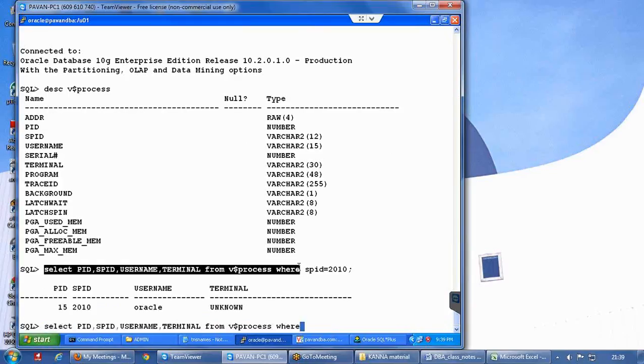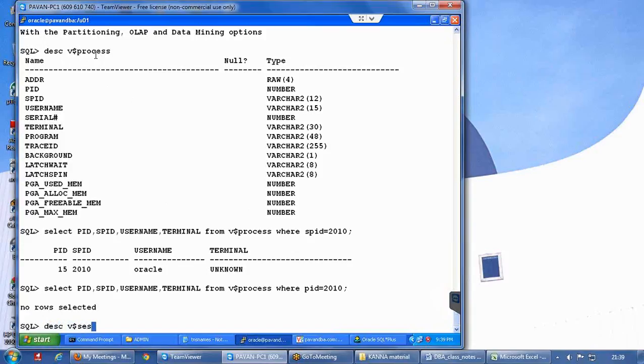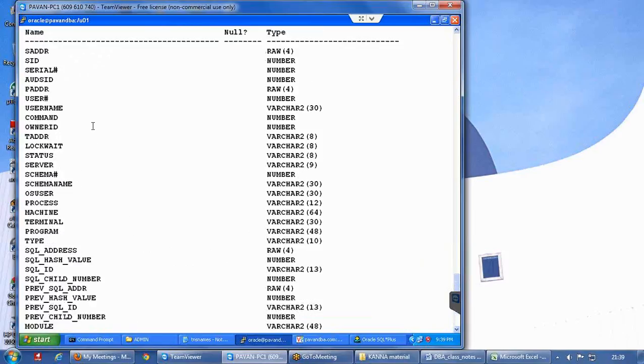Just a minute, I'm just finding 2010. Oh, sorry. We actually need to correlate V$PROCESS with another view called V$SESSION. So we need to join both of these, then it is going to give you the information.